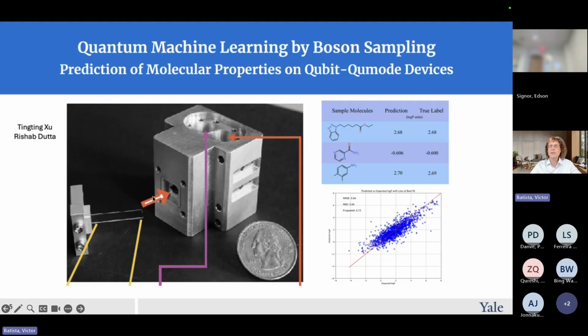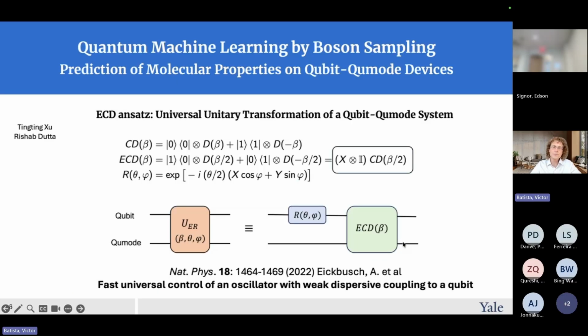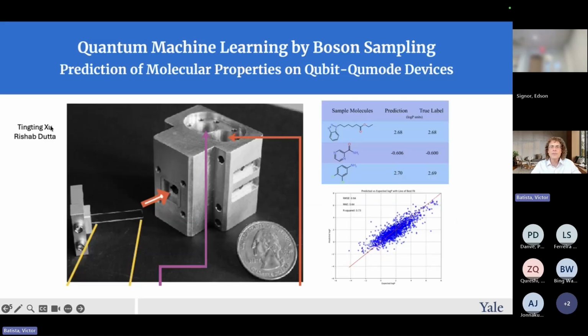So next, let me explain how we train this device to make these predictions. What I'm representing here are the matrices that you have to apply in order to advance that vector that corresponds to the state of polarization of the cavity. And by CD, I mean conditional displacement with parameter beta. That means that the harmonic oscillator that represents the state of light in one of these cavities is displaced by